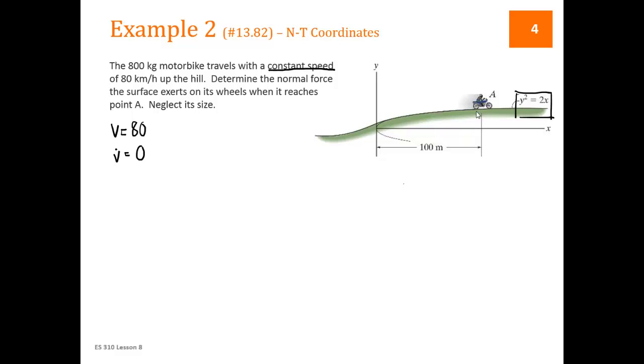So point A is still on a slope. Right, it's not a big slope, but it's still on a slope. So let's draw, I'm going to exaggerate that slope a little bit. Here is my motorbike. Okay. That's a little bit too much. Let me try that again. So if that is my motorbike, I've got a normal force, I've got a weight,